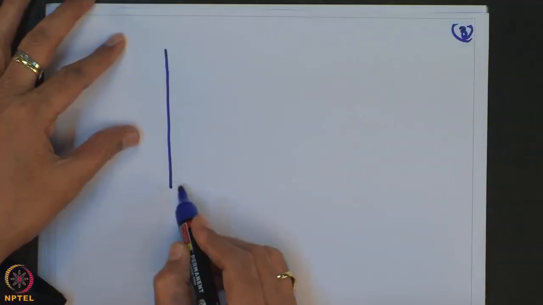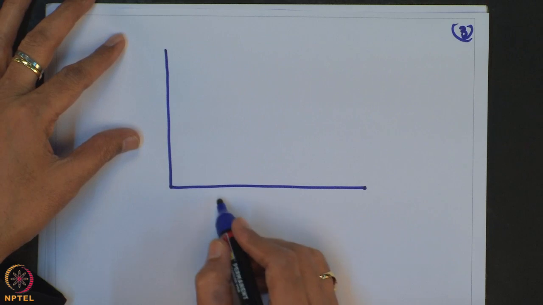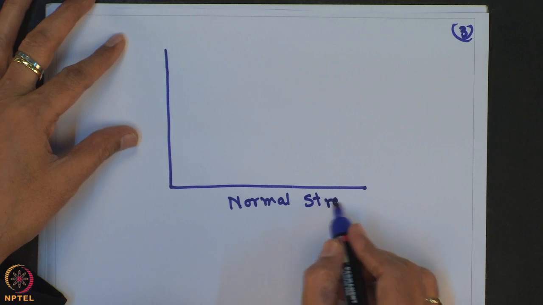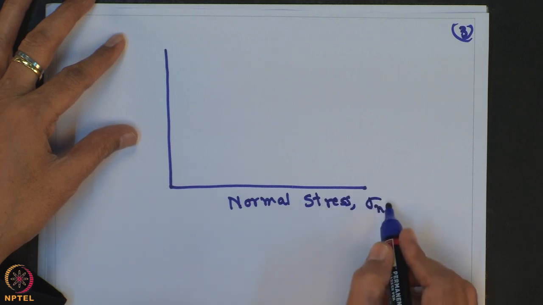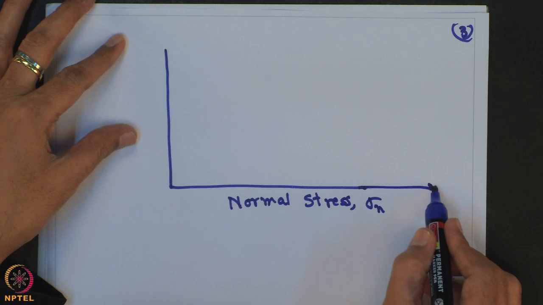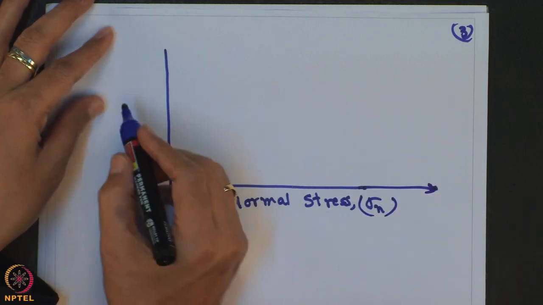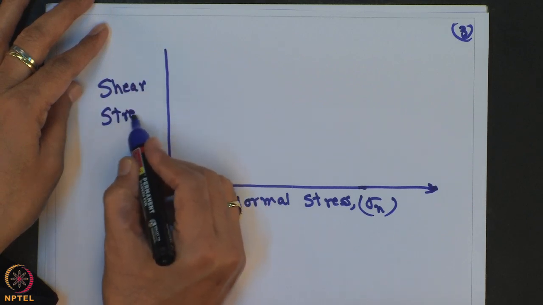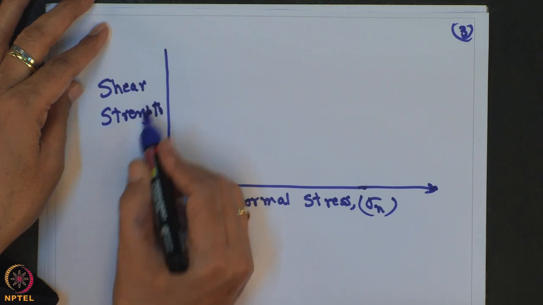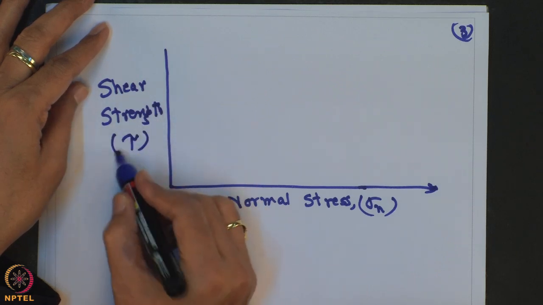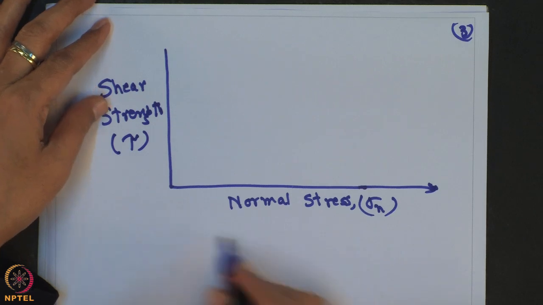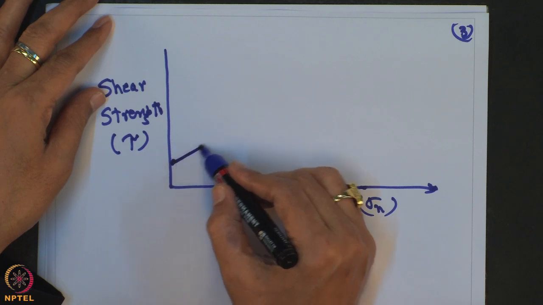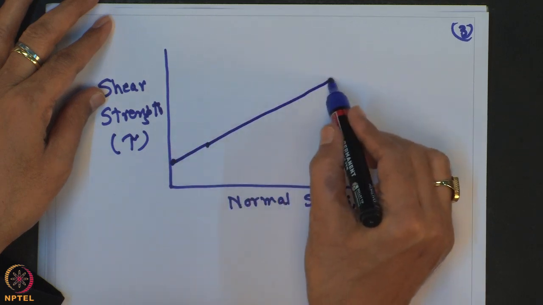Let us say the normal stress is sigma n, and this is shear strength, tau. So, you can draw the Mohr-Coulomb failure line like this,